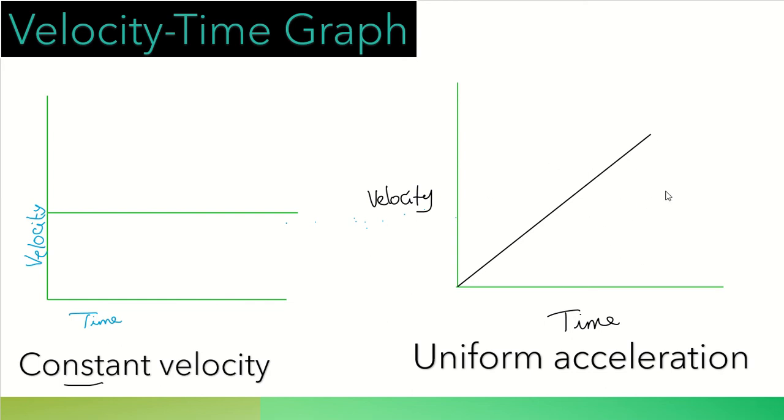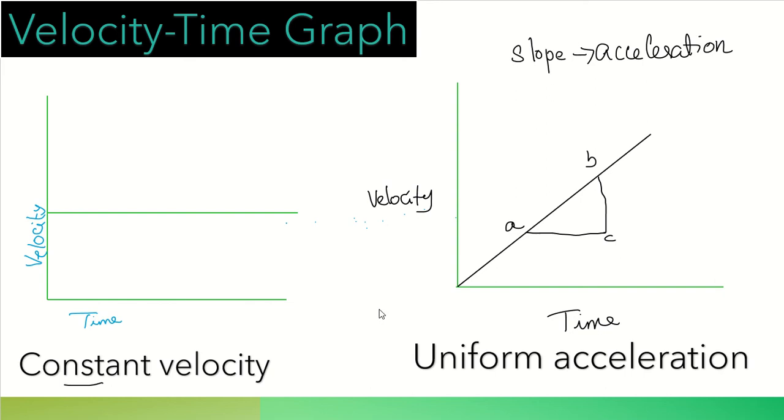Now this velocity time graph has many advantages. In the distance time graph we have seen we can find out the velocity, but what can we find out from the velocity time graph? Let's see the slope of the graph. We already learned how to find the slope of the graph. Take any 2 points A and B, then take the slope, right? So the slope of a velocity time graph gives you acceleration.